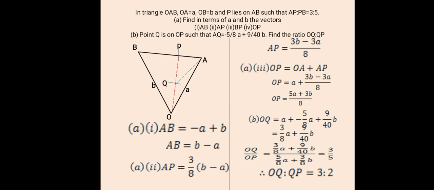In a triangle OAB, OA is equal to a, OB is equal to b, and P lies on AB such that AP to PB is equal to 3 to 5. Find in terms of a and b the vectors 1, AB, 2, AP, 3, BP, and 4, OP. B. Point Q is on OP such that AQ is equal to negative 5 over 8 a plus 9 over